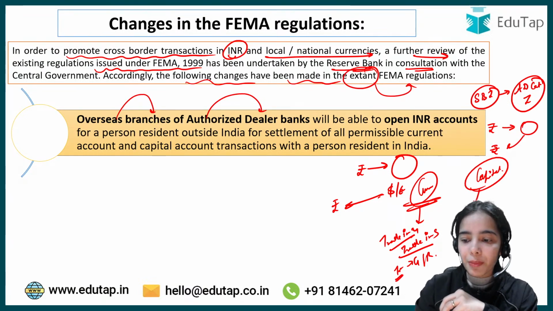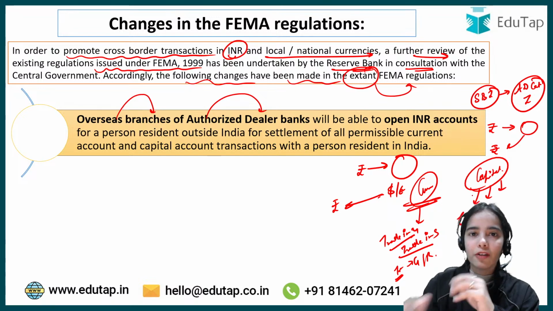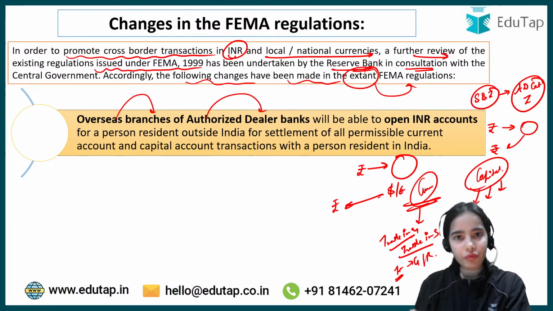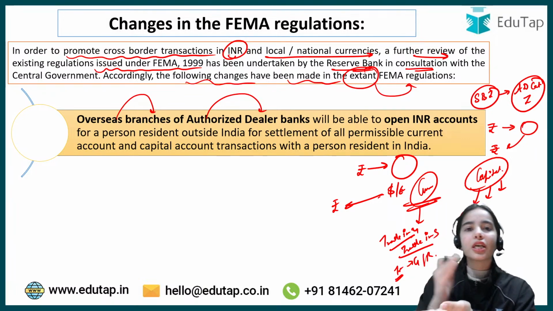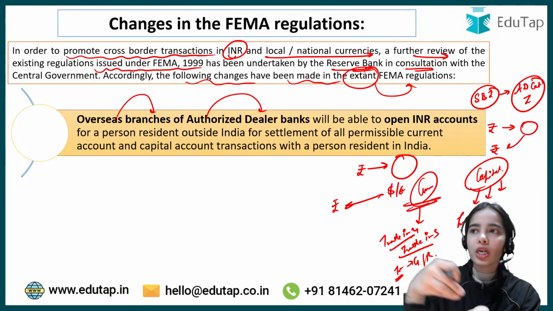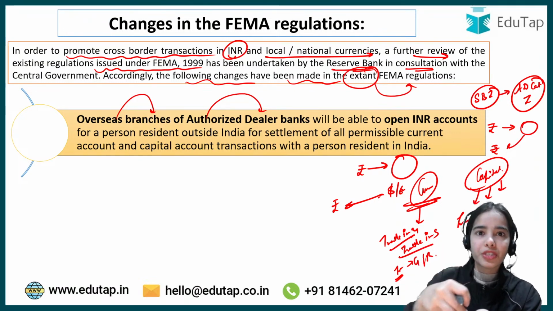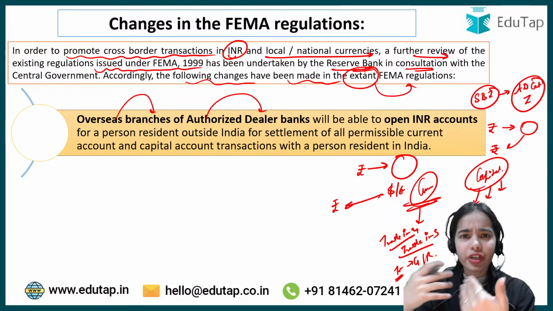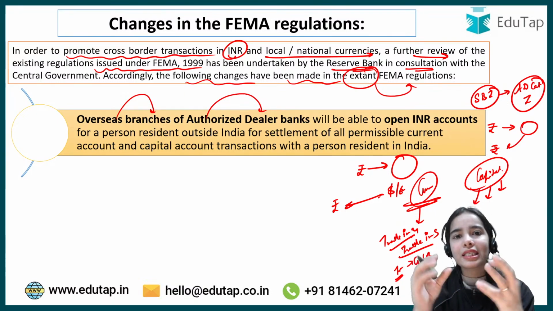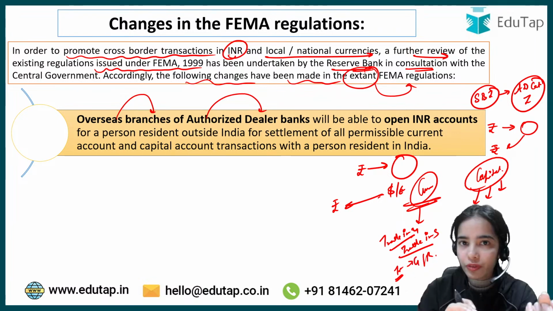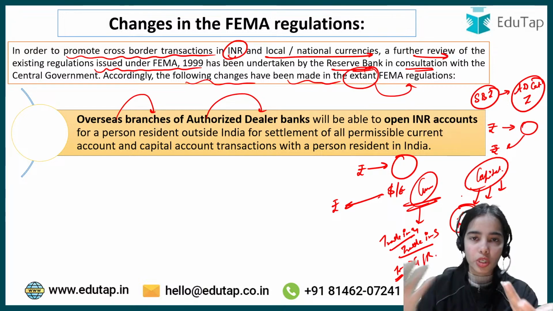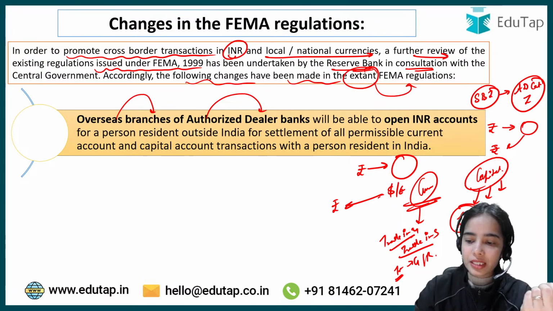Capital account transactions mean investment. We are doing foreign direct investment in other countries. We are doing portfolio investment in other countries. Other countries are doing foreign direct investment in our country. Apple has opened its store. There are many subsidiaries of different banks around the world that have been opened in our country. So FDI is coming into our country. Foreign portfolio investment is coming into our country. So investment is happening at the cross-border level. Then there are external borrowings.